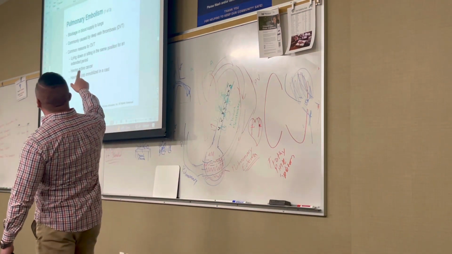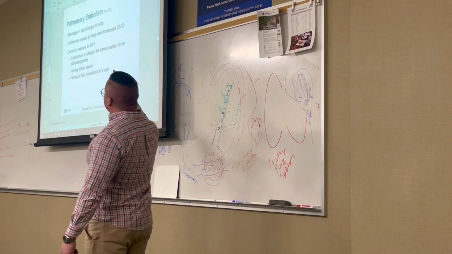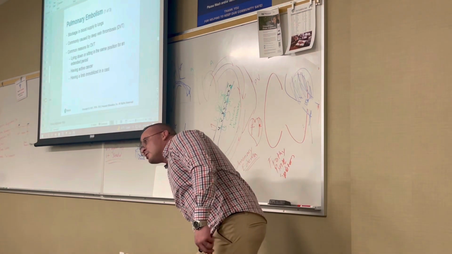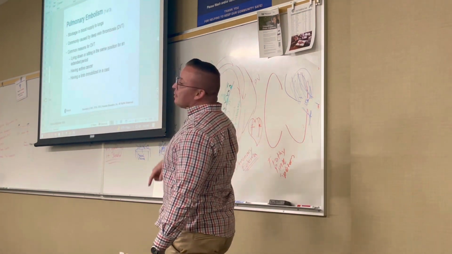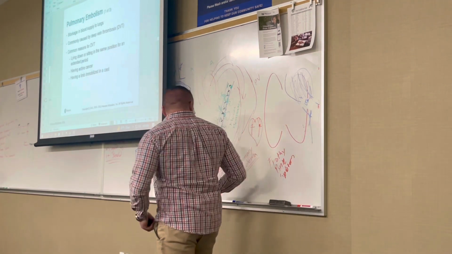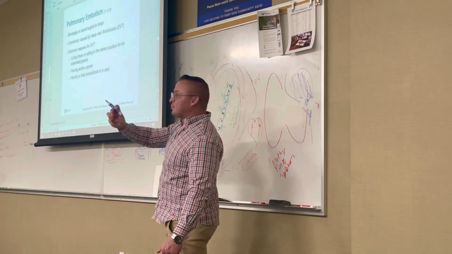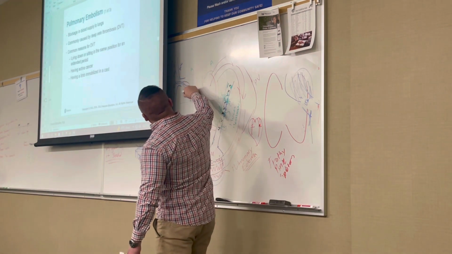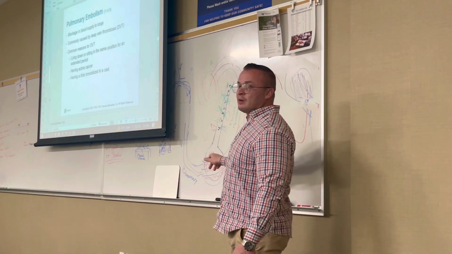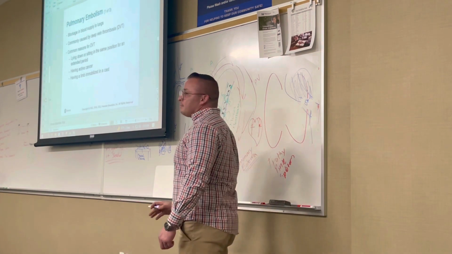So in this case, pulmonary embolism, usually it's a deep vein thrombosis, so it's a blood clot that forms in a deep vein in the legs usually. It'll become dislodged and it'll travel and end up in your pulmonary vessels. That big old chunk of blood that just formed travels through your vessels. It'll get into your atrium, your ventricle, and then when it gets into the small vessels of the lungs, it could become stuck because the vessels are so small in the lungs, and then now blood is backing up, causing